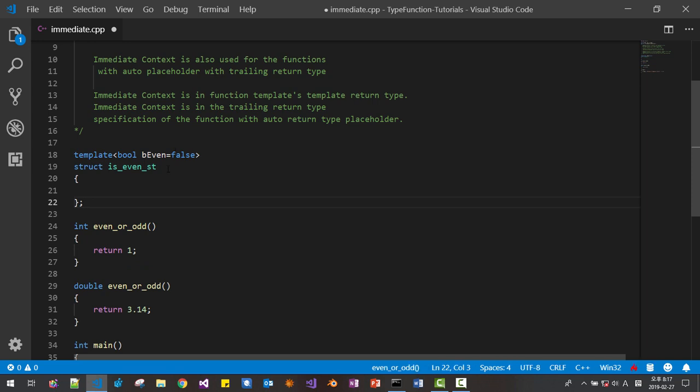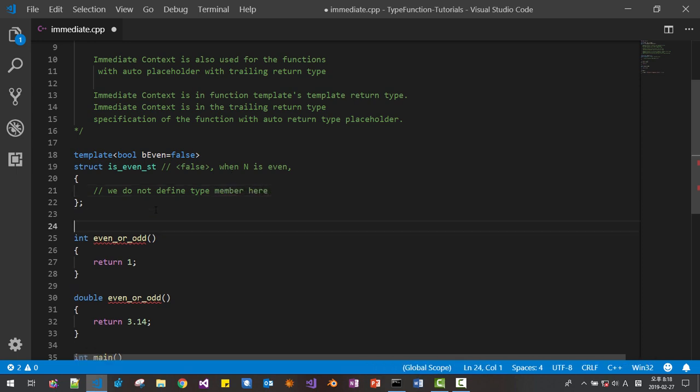This false means it's the same like this, false. Okay, the case of false. When n is not even, we do not define the type member here.